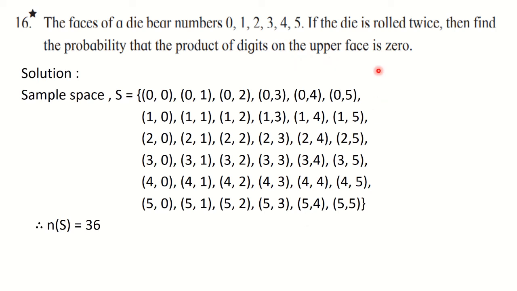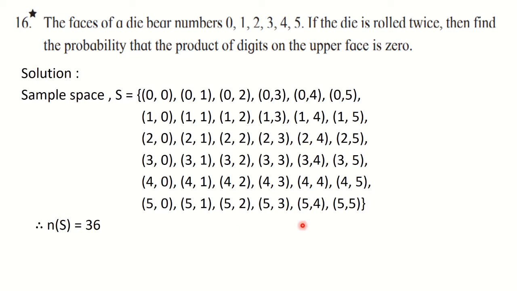Product is 0. If we want the product 0, then one number should be 0. So it is very easy to find out the sample points in event A. See the first line here and the first column. Everywhere you will find that one number is 0. We want at least one number as 0. So it is very easy to write down the sample points for the event. First complete row and first column. So how many sample points you will have in event A? These are 6 here and these are 5 here. So you are going to have 11 sample points.